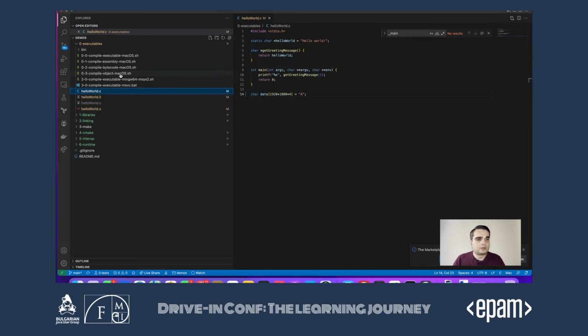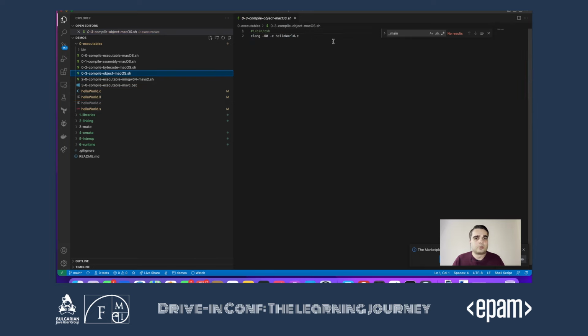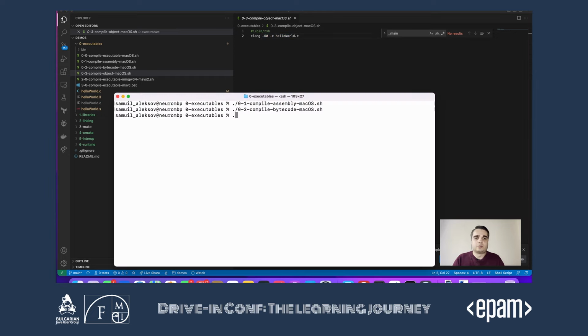Finally, we can ask the compiler not to link the application, so we can just produce an object, and we do that by passing the C flag. This will be a binary object, but it can be linked against by other programs. So this is the .o file, and see it's a Mach-O 64-bit object.